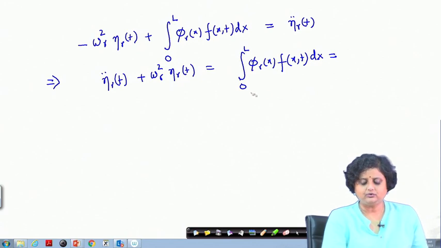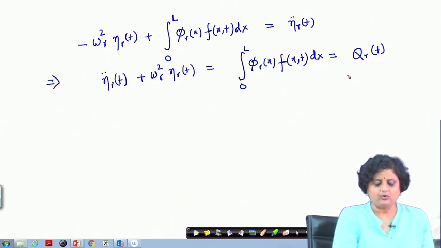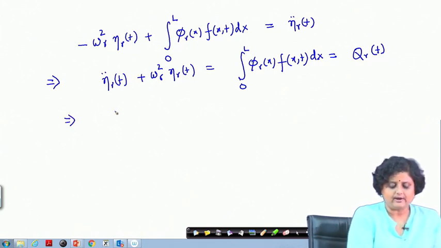If we look into this integral, since it is integrating over x, the x term will go away and we will just be left with a force Q r, which is varying with time t. So, therefore, my equation is becoming